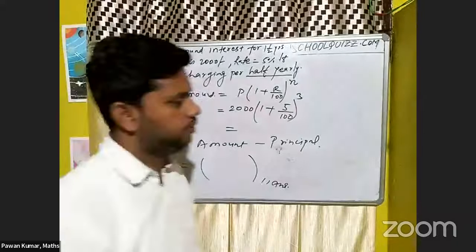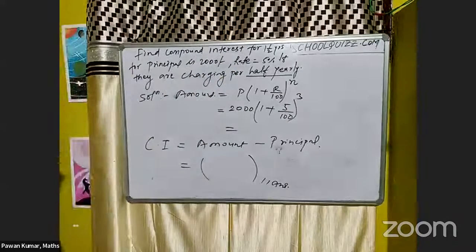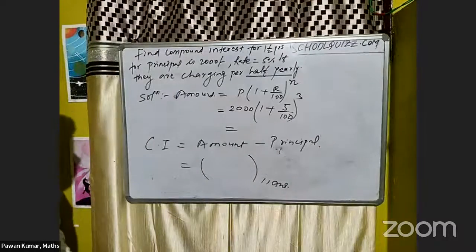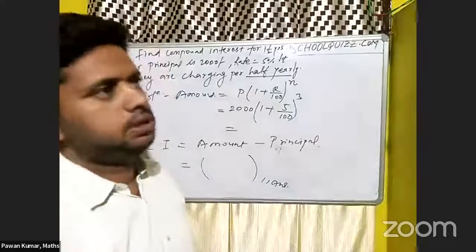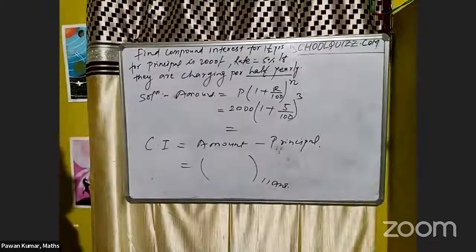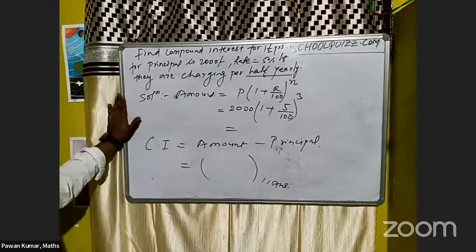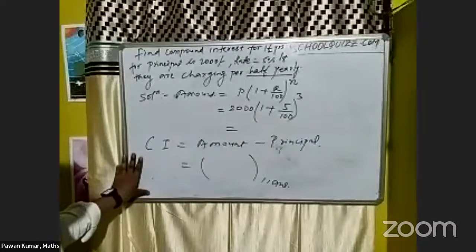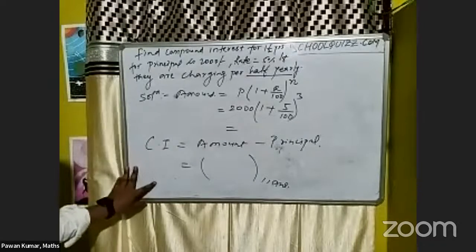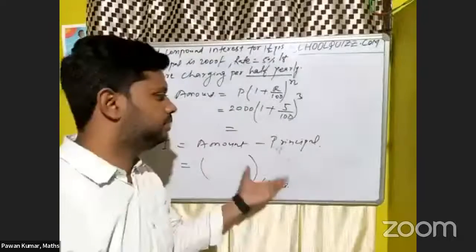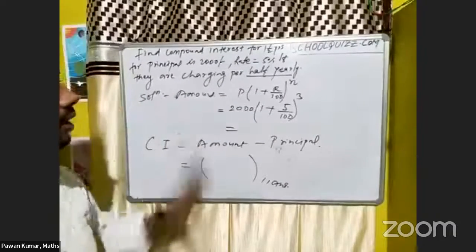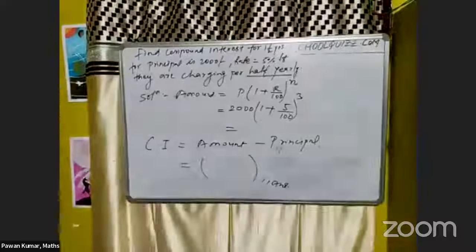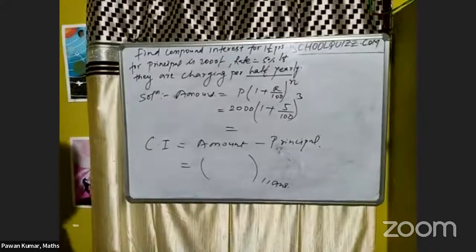So one day I'll keep a separate class for this compound interest. Again, there we will discuss everything as per the competitive examination. This is for your syllabus, from your CBSE point of view. Basically, they will not ask you about the fractional part of the interest and time in the CBSE pattern. Sometimes, if they want to make a hard question, they will include those questions. No need to worry about that. Whatever terms you get, just try to understand the exponent. Once you understand this exponent, you can do this easily.